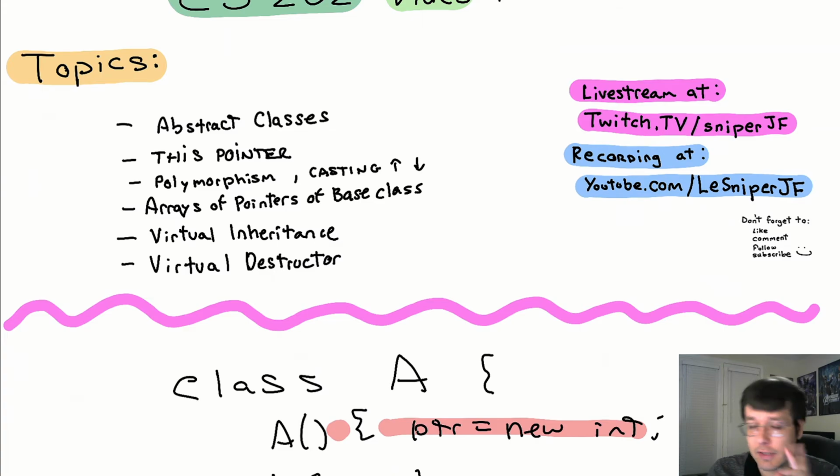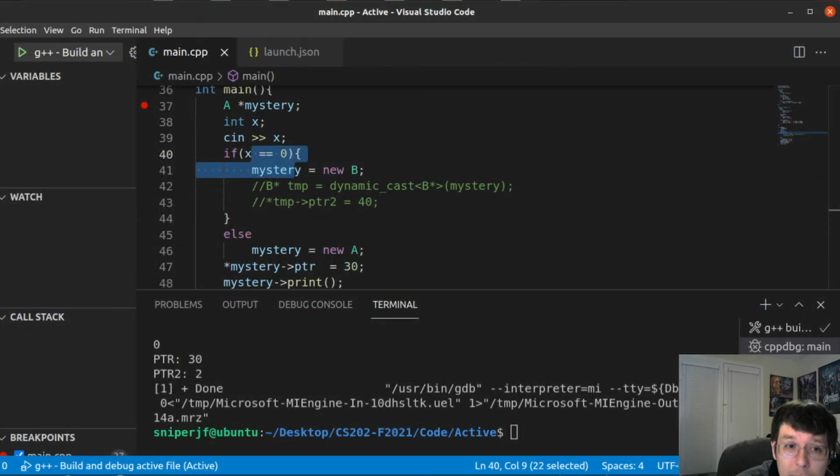Virtual inheritance, it's kind of what we were doing, but that's when you do the entire class. Remember the diamond problem? The diamond problem can be fixed by using virtual inheritance. So in this case, it really didn't do what we wanted to. But if we pull up the diamond code,